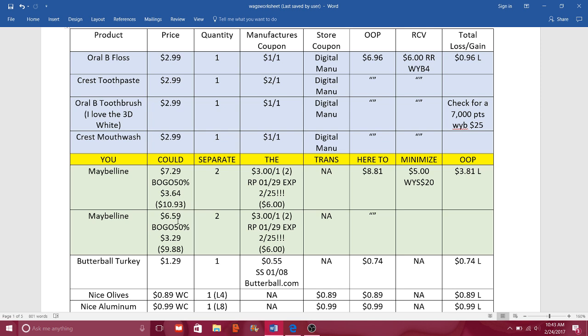So what we want to do is get as close to $20 as long as we're meeting that requirement, to minimize our out-of-pocket and minimize our loss. So what we're going to do here is I decided to purchase 2 different types of Maybelline. The first one I got, I can't recall what it was because I left it at home. I didn't pack it with me, but it was